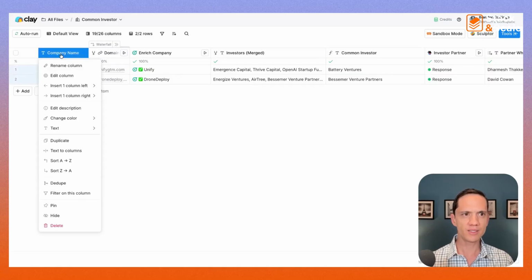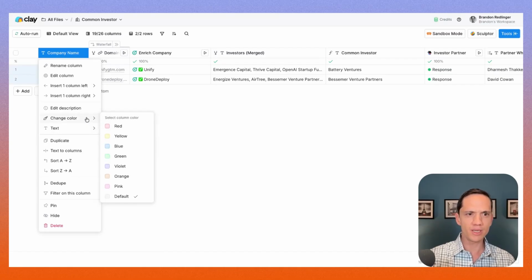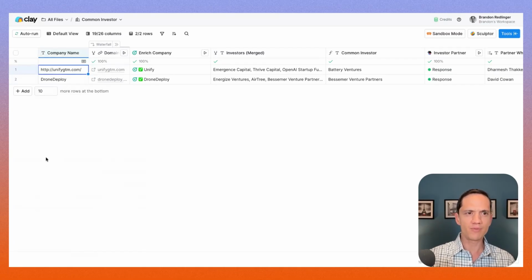So here we have this right here, which is going to be the only field that you're going to have to input. Now I put company name, and it does work if you just put the company name. But what I found is that if you put a common word in there, or maybe the name of a company that has a bunch of other companies that could be similar,